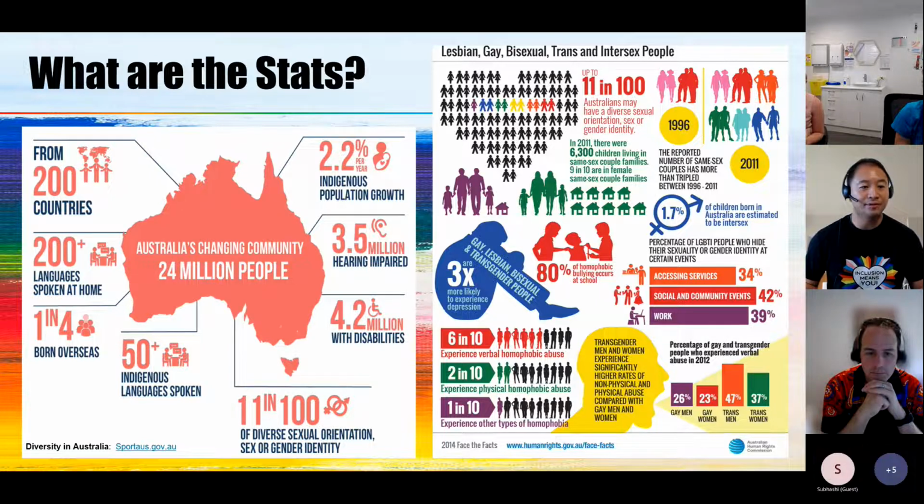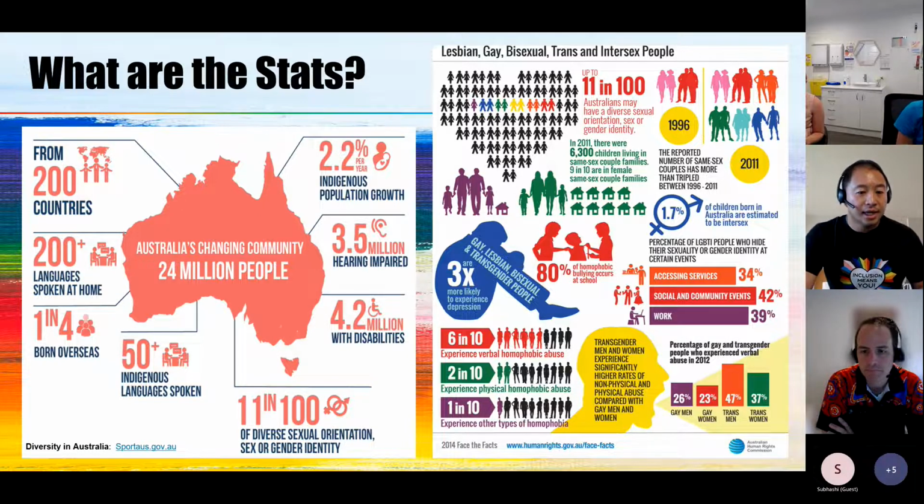So that's why it's important for us to be more aware of this so we can look after the whole person in that way. Sadly, verbal homophobic abuse has been experienced by about 60% of LGBTIQA plus individuals, and 20% have also experienced physical abuse as well. It is important to recognize that in this group we do have some very